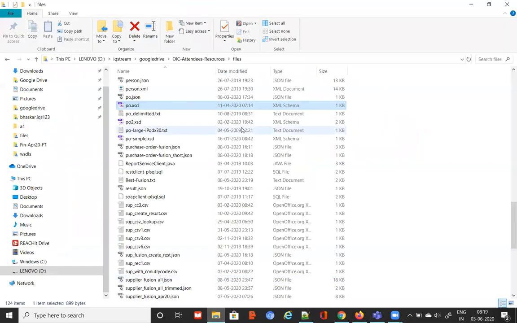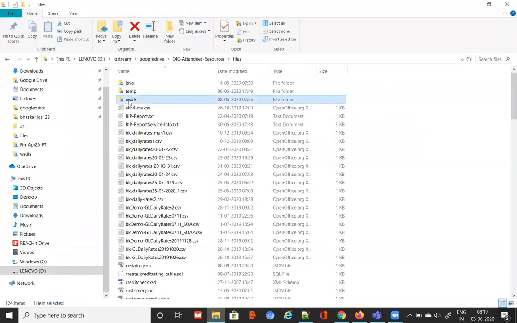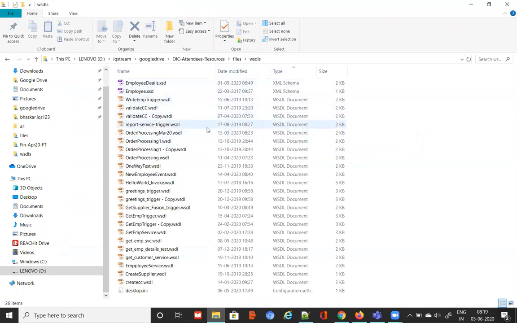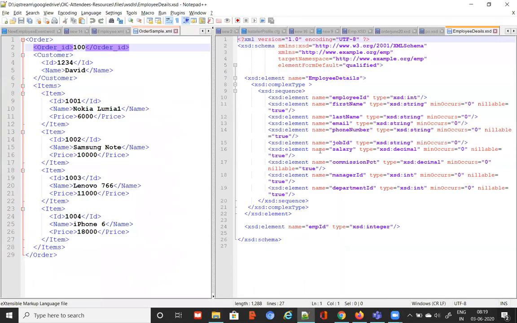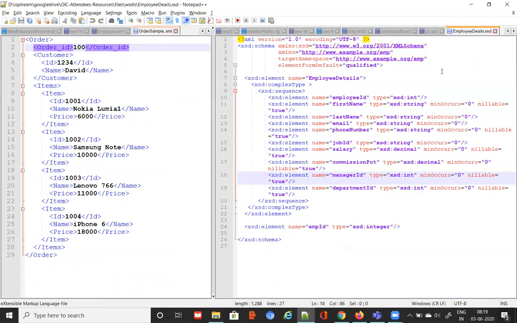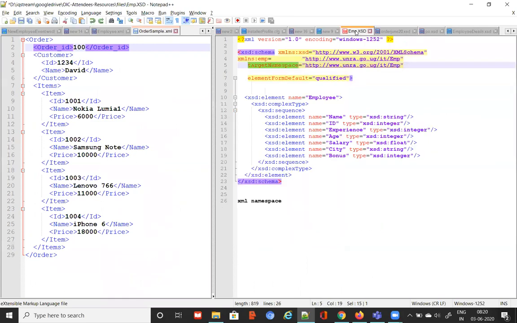For example, I will show one more employee definition. This is also an XSD. In this case, employee details has employee ID, first name, last name, email, and phone number, which is different. When you're developing integrations, you cannot control this, because you may be taking values from different services coming from different sources. One service is telling you my employee definition is like this. Another service is telling you my employee definition is like that.